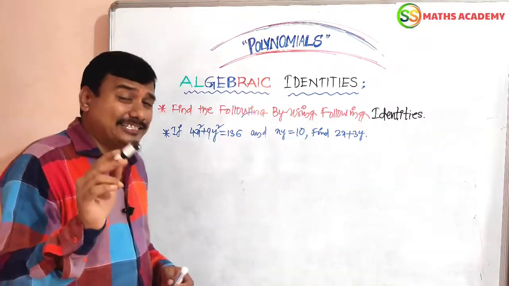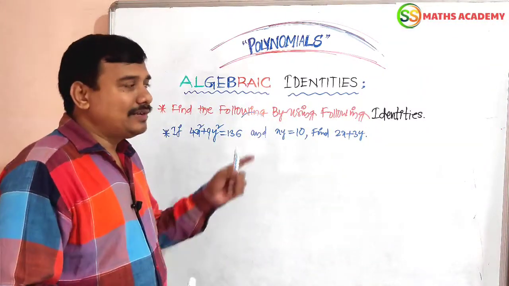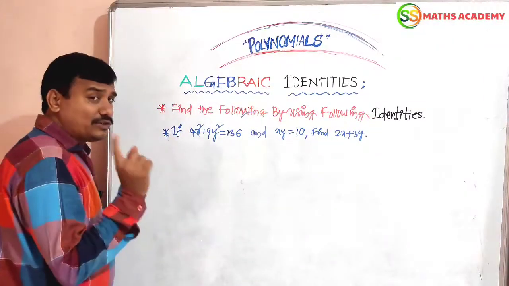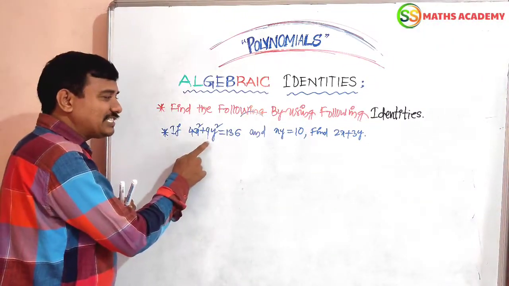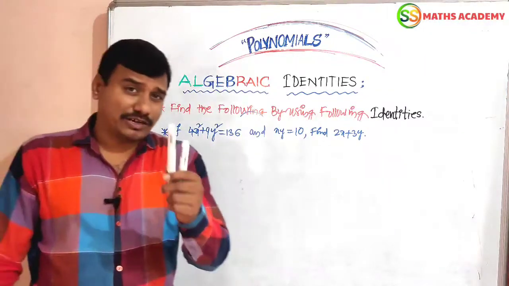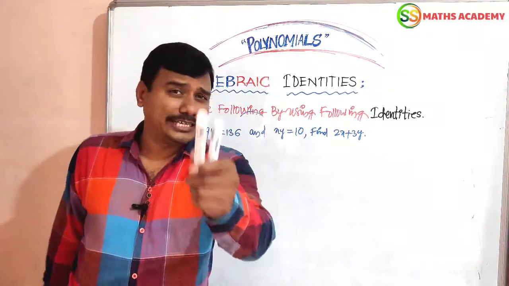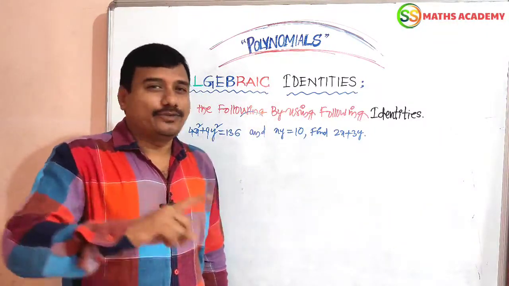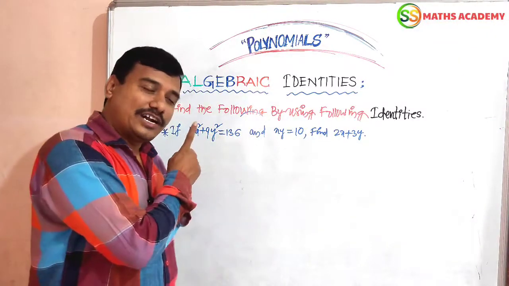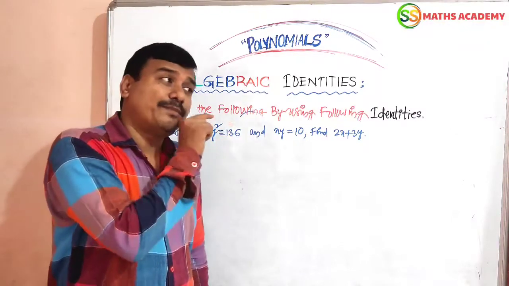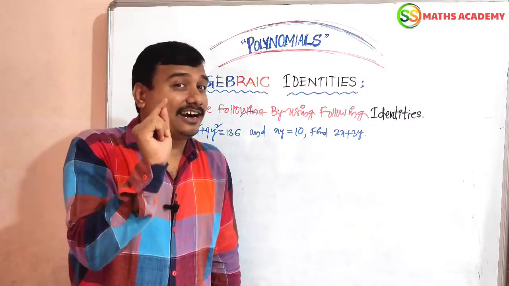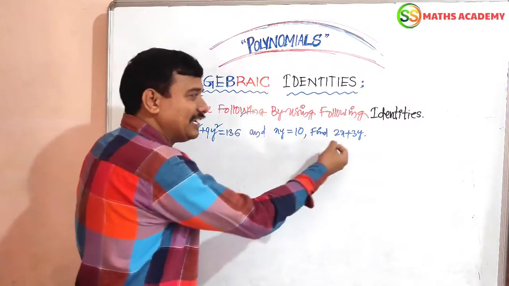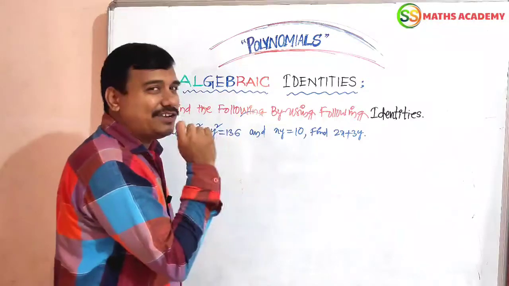And let us see one more good question upon the first 3 algebraic identities. Yes. Now what is given? Very good question, friends. 4x square plus 9y square equals 136, xy equals 10. Then find 2x plus 3y. I told you, in algebraic identities one logic is there. In the question, what is given, what we have to prove, the proof only gives such an idea. What is the question? Yes, 2x plus 3y we have to find.